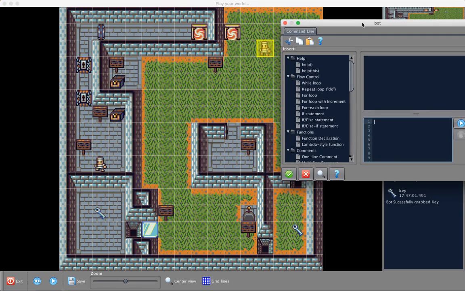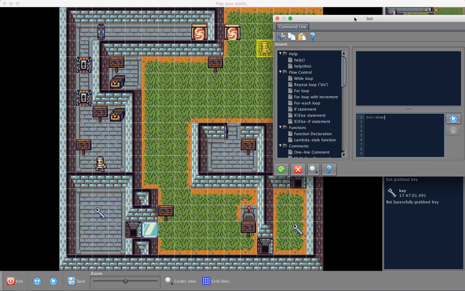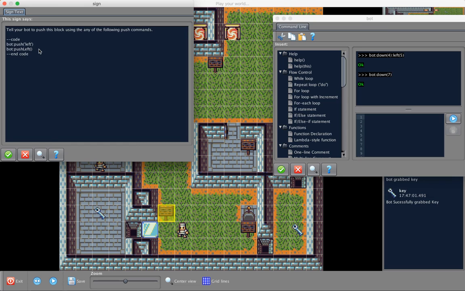Let's go ahead and move our bot down. We're going to move him by this block 4 spaces, and then left 6 spaces, maybe 5 spaces. Let's just try that for now. And then down another 7 spaces. I don't know. Okay, that seems right. Now we read this sign here, and this sign is telling us